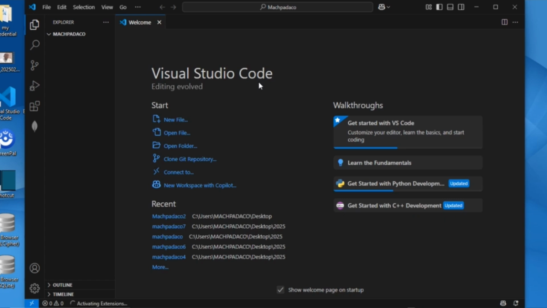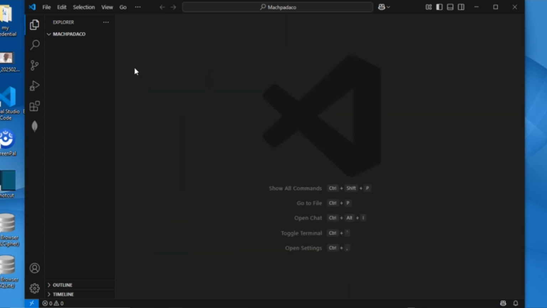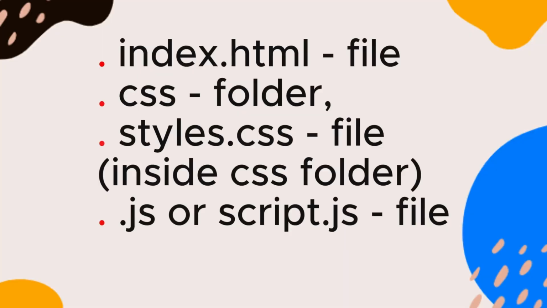Matchpadico. We have a welcome screen, so I'm going to close it. Now I want to create three files and a folder inside Visual Studio Code. I will create an index.html file. I will create a folder CSS. Inside this folder, I will create a file styles.css. Then I will create another file